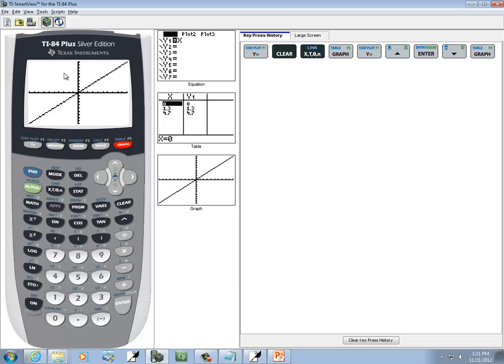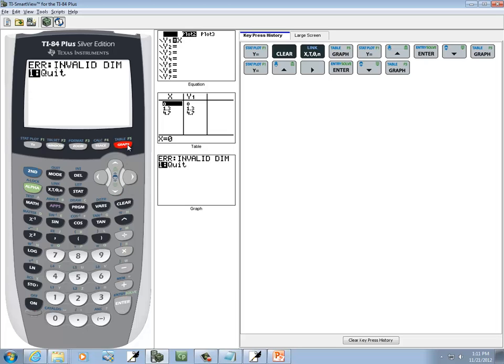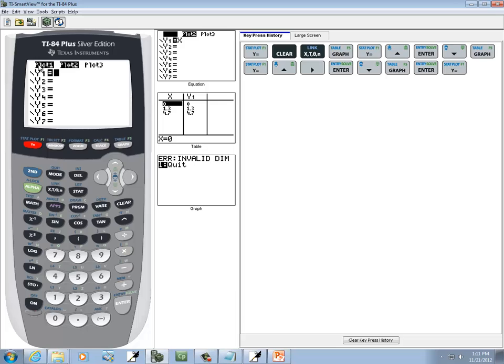The different errors you might get, it might say invalid dim. Other things it might do is it might put extra boxes on your screen. Let me go up here and highlight one of these other ones. I'm just up arrowing and right arrowing and pressing enter on that to highlight it. There's my invalid dim one. So if you press graph, it says invalid dim. You just do enter and quit, and you go back to y equals, and again you don't want any of